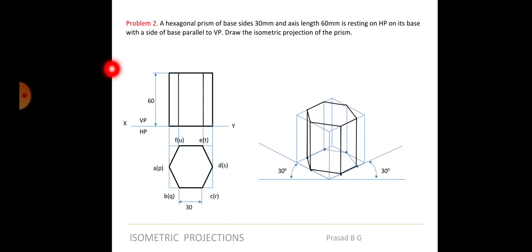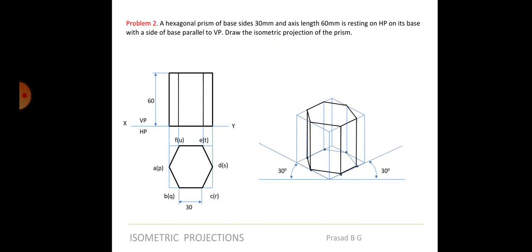Okay, I hope I am making it clear. Let's assume that on top of this prism there is a ball or a sphere of 50 mm diameter. So you will find the center of this. From the center you will take the isoradius. If it's a sphere you will take iso 25 as the height. Then if it's a full sphere, from there you will take actual 25 as the radius and draw the circle. While drawing the circle, whatever portion comes behind has to be made light and the remaining portion has to be made dark. So the object will be there. If you just refer to your solution book, you will understand what I am talking about.